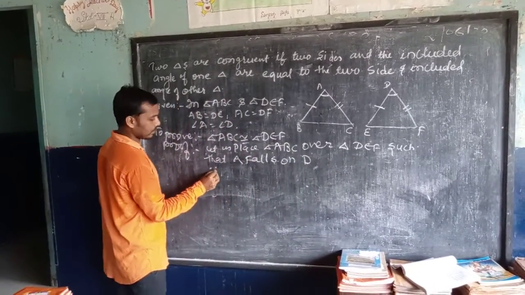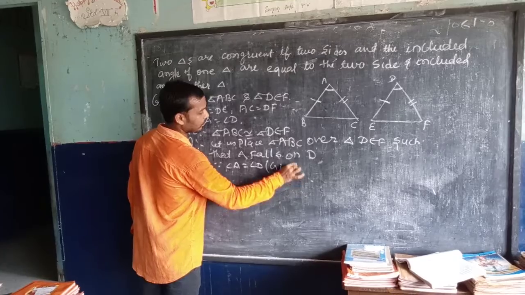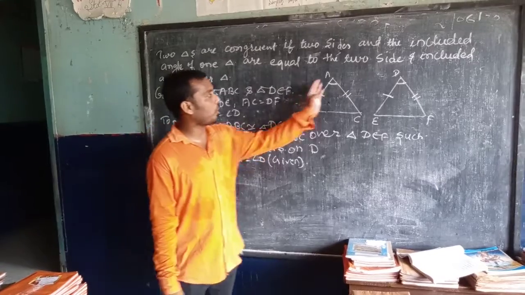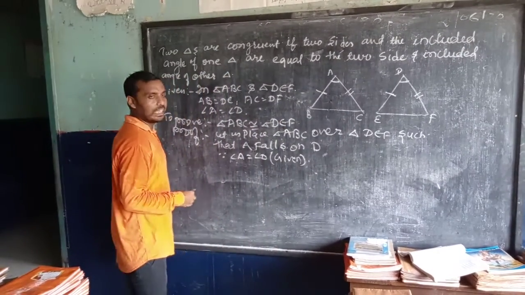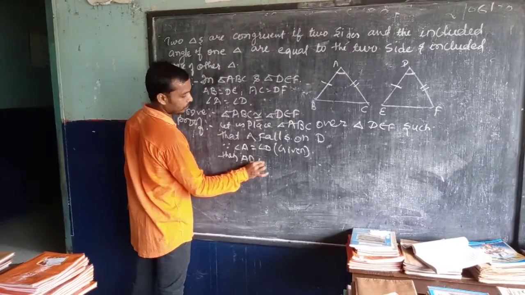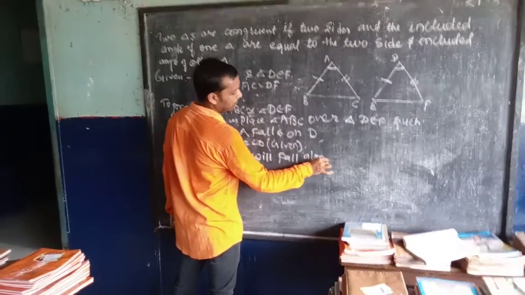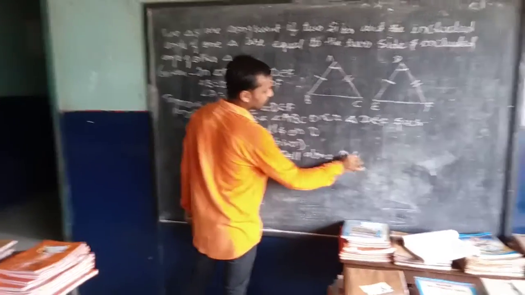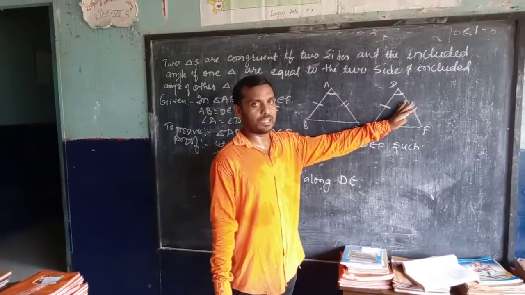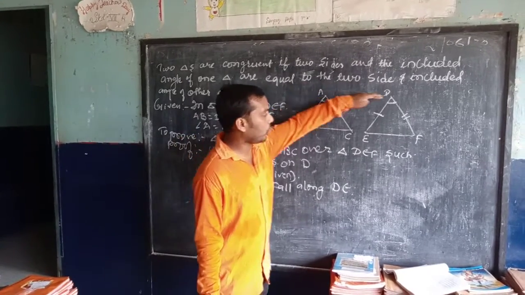Since angle A is equal to angle D, it's given. Since angle A is equal to angle D, A falls on D, and then AB will fall along DE. When we place this triangle over triangle DEF, A will fall on D and AB will fall on DE